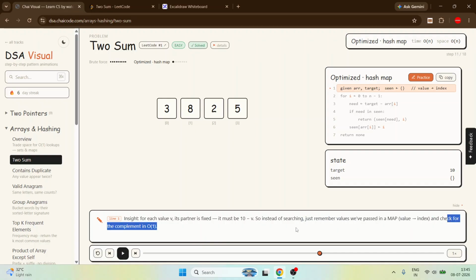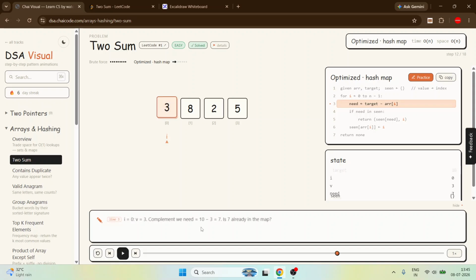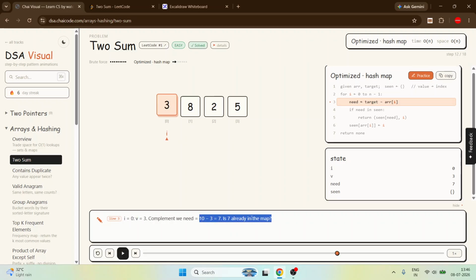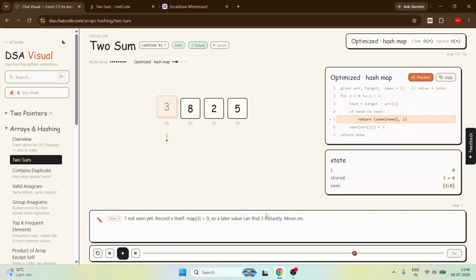First we go to i equals 0, v equals 3. Does 7 already exist in the map? No. Add 3 comma 0 in the map, so map of 3 is 0. Later, if we get 7 in the next part, we can easily take this 3 from the map and make a pair.